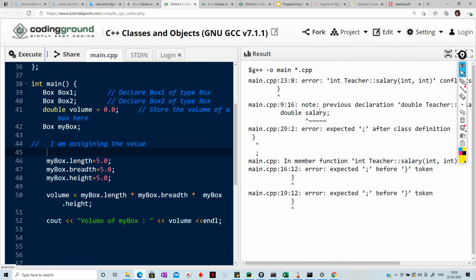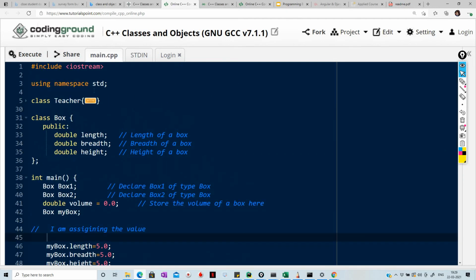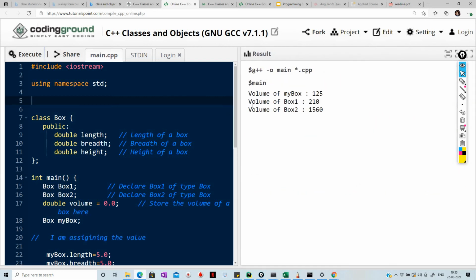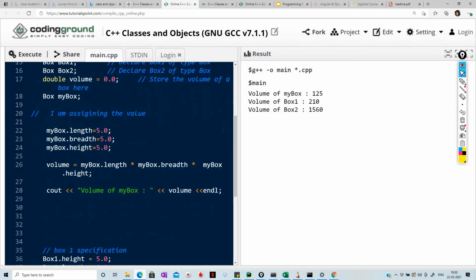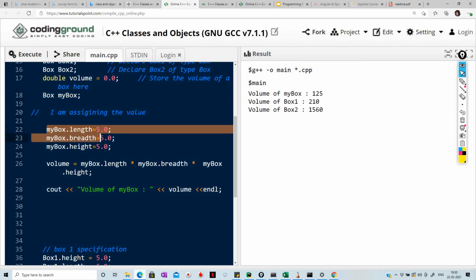Okay, not previous declaration double teacher. Okay, acha, double teacher, we declared this method. Let me remove this part, otherwise this will create issues. Okay, so you can observe for my box what the value is. It's 125. Okay, it's very simple because we have given these three values.